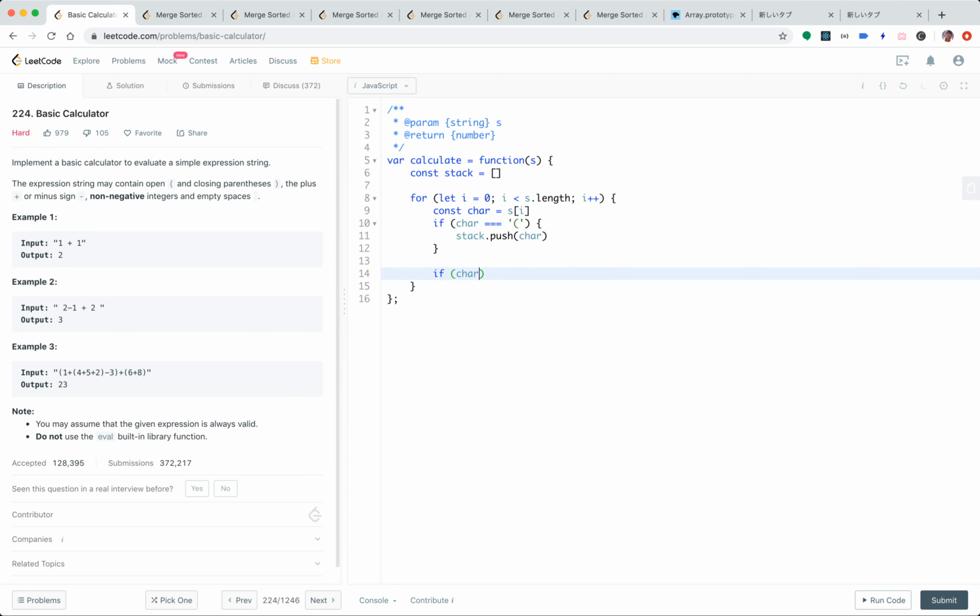If character equals plus or minus, if the parenthesis includes the character, we push it. If character equals space,